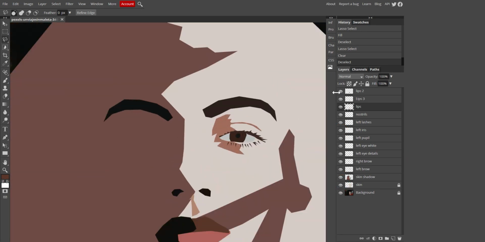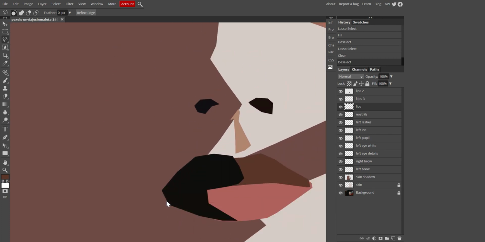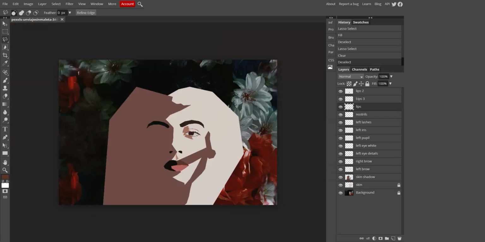Okay, I want you to look at these lips. You look at them up close. They look wacky. They are goofy. But when you look at them in the whole picture, you can see the shadows work, and it's an effective tool. It may not always work, but a lot of times things that look just crazy